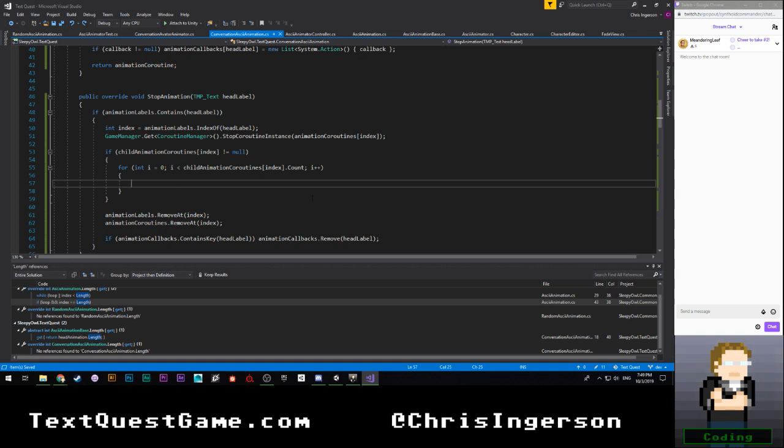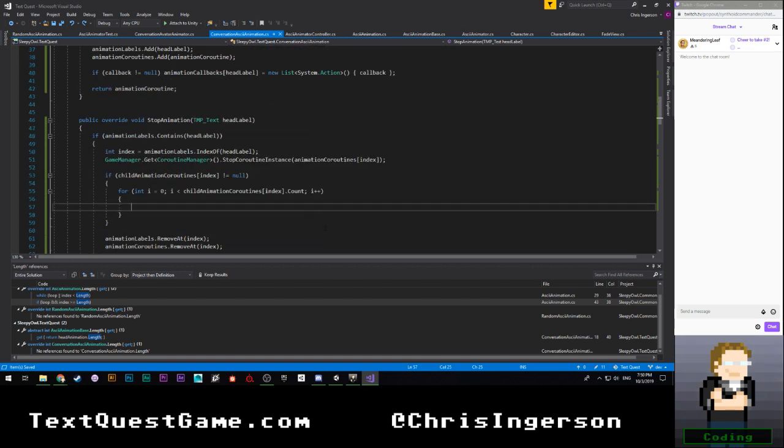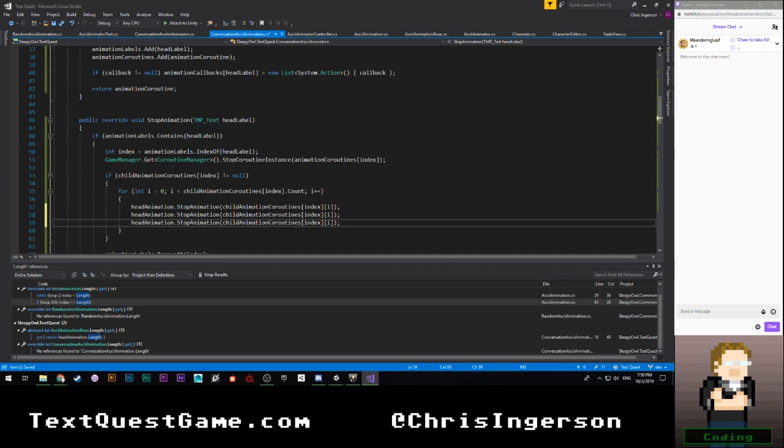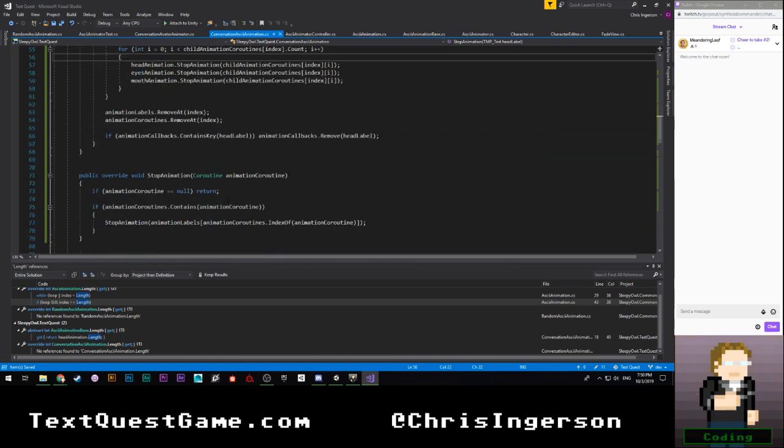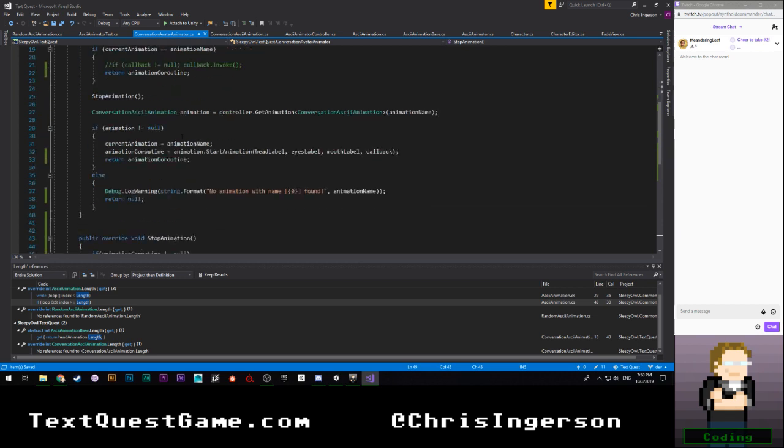That just means that I get to do this gross thing. I get to say head animation dot stop animation child animation coroutines of index of i. And I get to do that for all of the labels for every single one. Eyes animation, mouth animation. Okay. Whew. I think we got it.